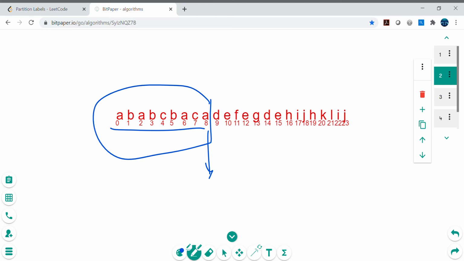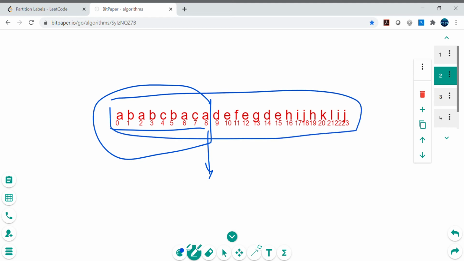Another thing we can think of here, we necessarily need one for loop as well, right? With the help of that for loop we will keep iterating over each and every character, and then we will find how far this character goes in this string, right? So for example, if we pick A, then we will check, okay, where is A? It can go to 2, A can go to 6, and A can go to 8. This is the maximum index in this string that A can go to. That's what we need to find.